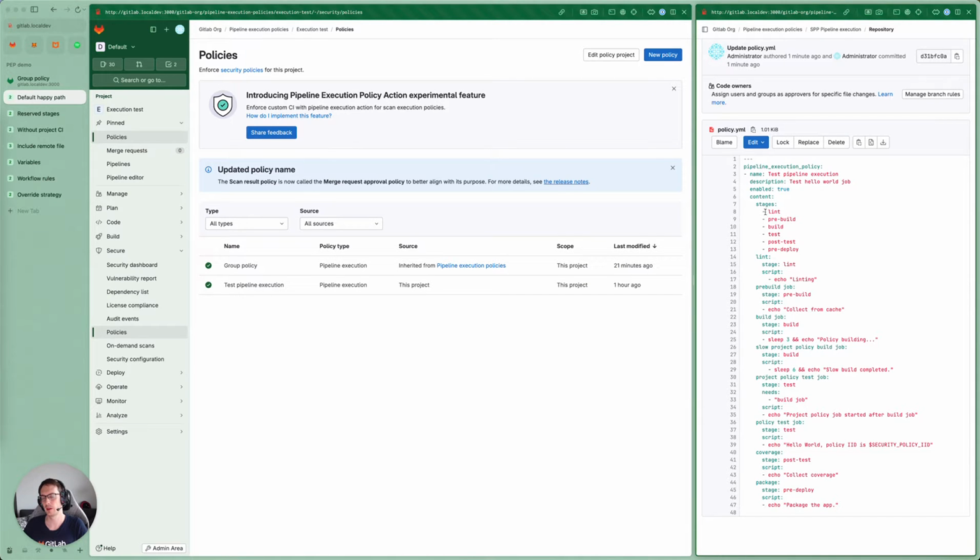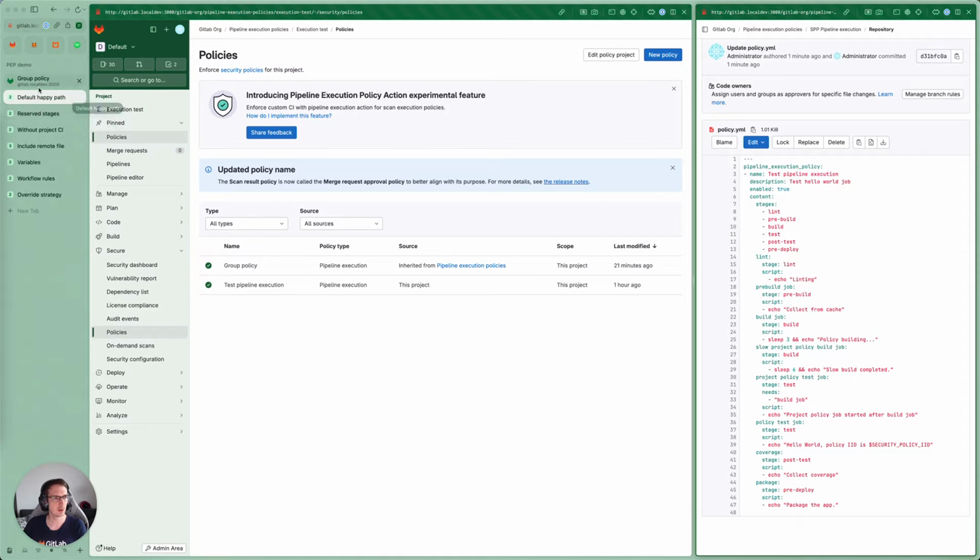With these stages, we are basically merging them into the main pipeline on best effort basis. So we try to cross-reference the stages from the project pipeline and merge them in expected order. This basically means we want to ensure that lint and pre-build run before build, and after test we want to run these 2 other stages. In addition to this, we have also reserved stages which are guaranteed to run in certain order, and we will get to this later.